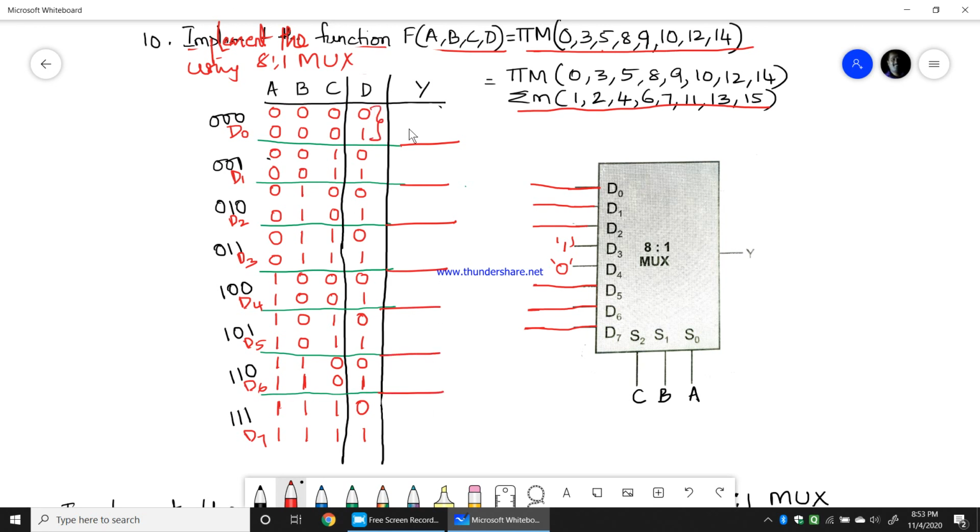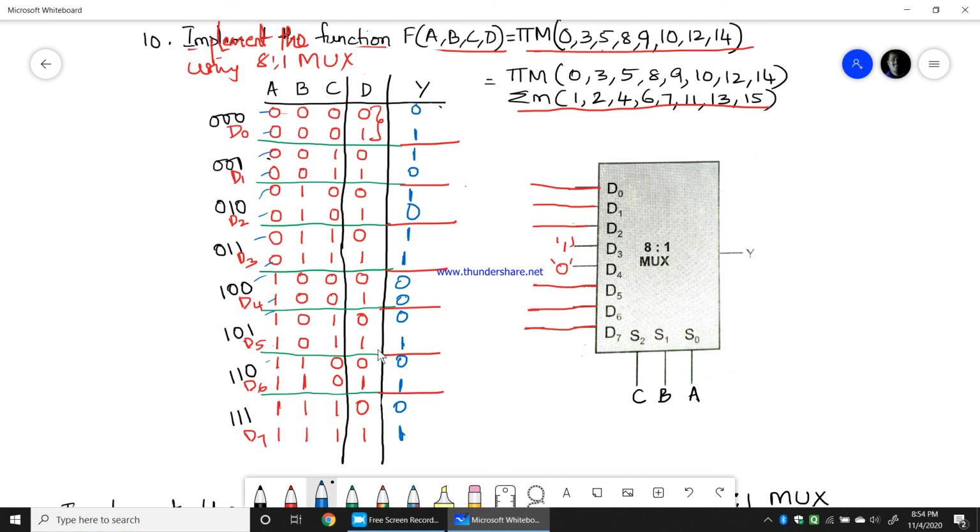Now, as these are both 0 0 0 0, Y will be D. Okay, I will first put the values of Y here. So here Y is 1 for 1, 2, 4, 6, 7, 11, 13, and 15. All others are 0. See, even though I have grouped this into 8 parts, this remains as 0 1 2 3 4 5 6 7 8 9 10 11 12 13 14 15. That is how I am writing it. So all others are zeros.